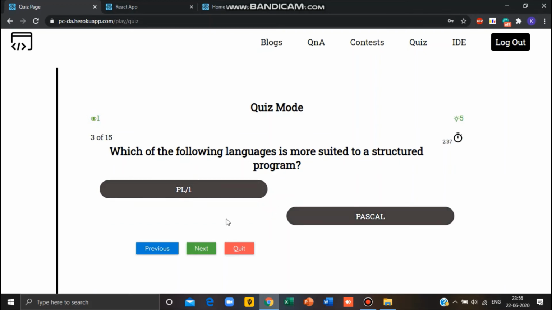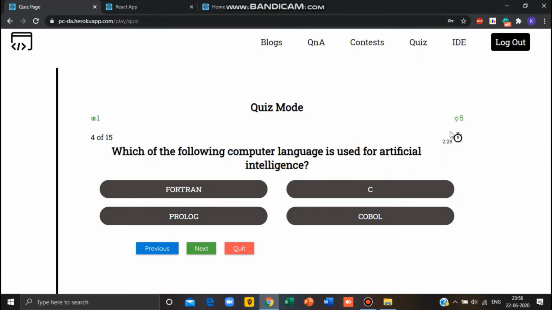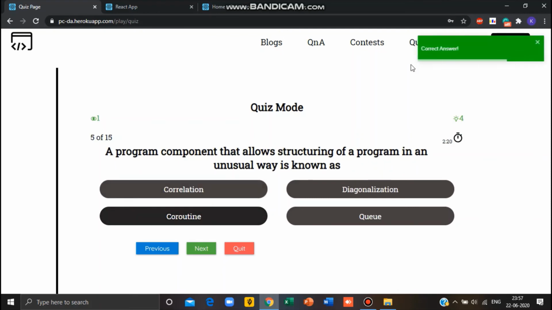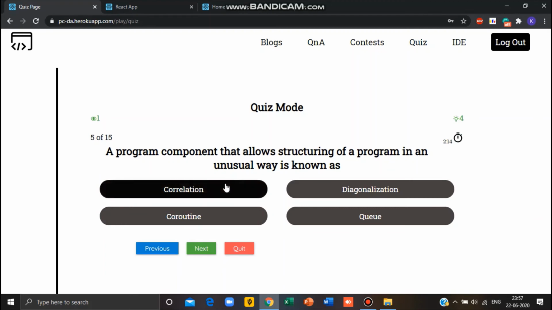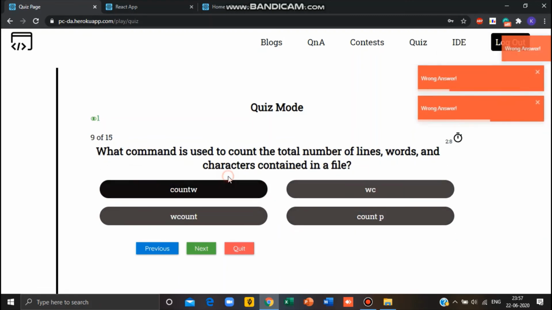This will disable two of my options. Now I am left with these two options, which on clicking any one of them will tell whether the answer is right or wrong. I can also use the hint feature. It will disable only one option. Now I will click on this and it will tell whether my answer is right or wrong. So as of now I am just attempting all the questions by selecting any of the options. This will take a minute or so.